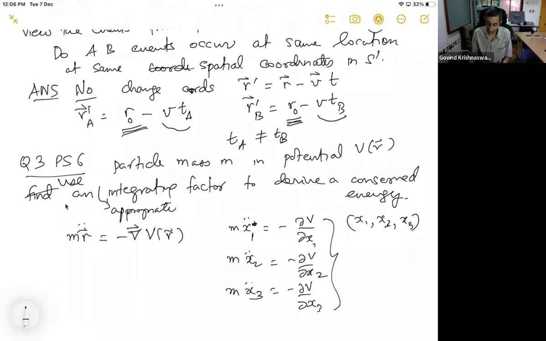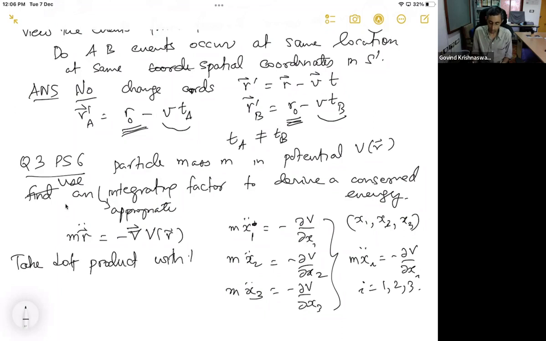We may, of course, write them in a single line as m xi double dot is equal to minus dV by dxi. We are free to write it that way, where i runs from 1 to 3. Now, the integrating factor that works in this case is to take the dot product with the velocity vector,